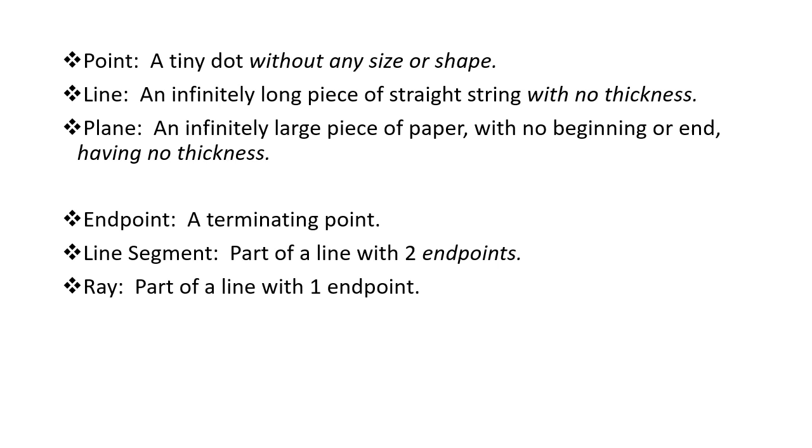So we've got to start at the very, very beginning. These first three things here: a point, a line, and a plane. There's an important aspect of this that I do want to focus on, and it's the part that's in italics there. So we'll say that a point, well, think of it as a tiny dot without any size or shape. So there's no length, there's no width, there's no height, there's no thickness, there's no nothing.